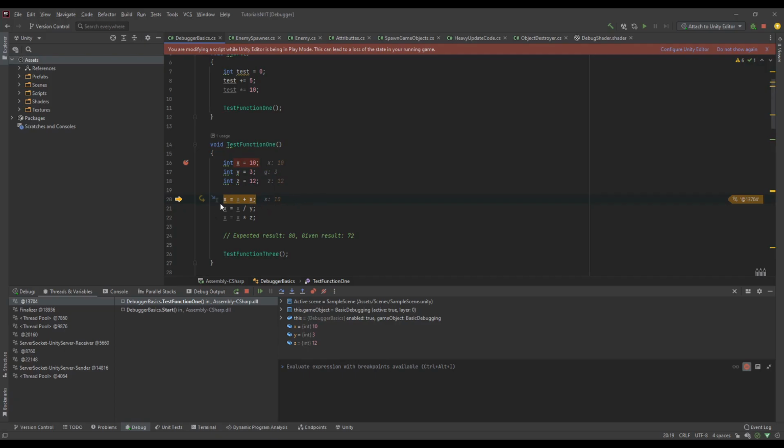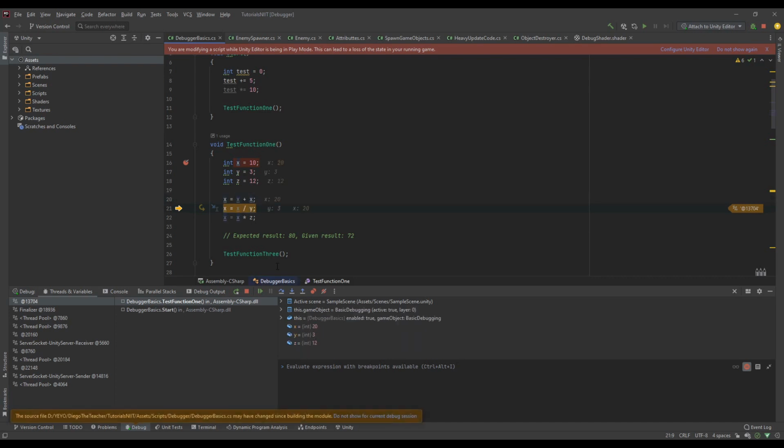So for example, here we are doing x plus x, it's 10 plus 10, so it's going to be 20. Okay, so x is going to get the value of 20. Now we are going to divide x by y. So this should be 20 divided by 3. It's something like 6.66666. Okay, so if we press the F10 key, remember F10, step over,